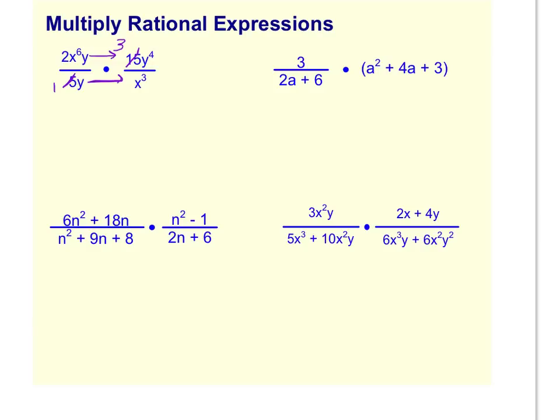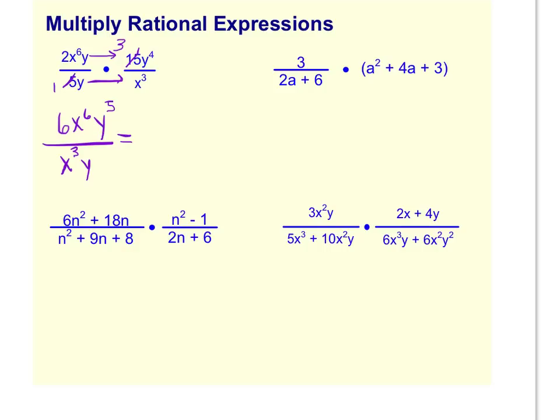So first we'll multiply the coefficients, the 2 times the 3, and we'll get 6. Now multiply the x's. Well, all we have is the x to the 6th and nothing over here to multiply it with, so that will stay as x to the 6th. And then y times y to the 4th. When you multiply the same base, you add your exponents, so we end up with y to the 5th. Alright, in the denominator, you have a 1 times a y times an x cubed, so that's just x cubed